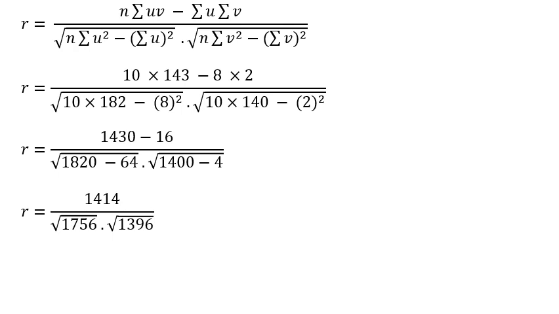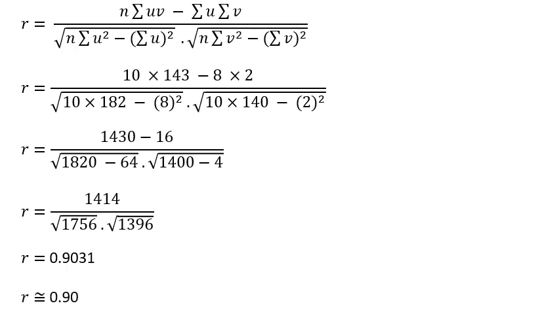So what you are going to do now, in your calculators, take a calculator and press the buttons which I tell you to press. 1414 divide 1756 root divide 1396 root equals. I will repeat once again: 1414 divide 1756 root divide 1396 root is equal to, the answer will be something like this,